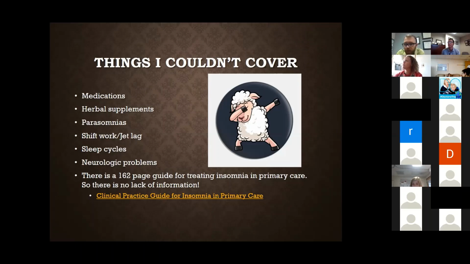Parasomnia, so sleepwalking, night terrors, stuff like that. No time to talk about that today, but there's a whole world of that. Shift work. In fact, the DSM is exploring shift work for further diagnosis, because, if you think about a police officer or a firefighter that works a first shift for a couple weeks, then a second for a couple weeks, and a third for a couple weeks, that's an absolute terror on your sleep.